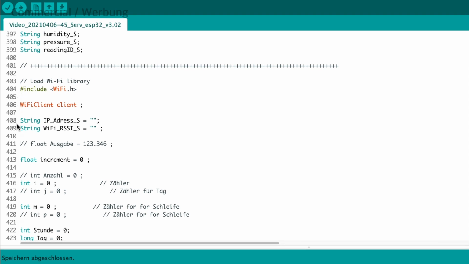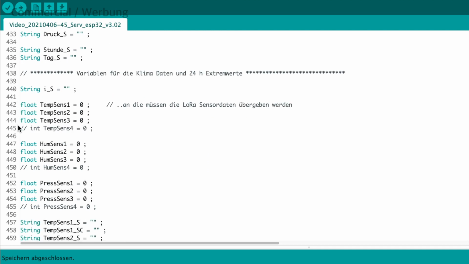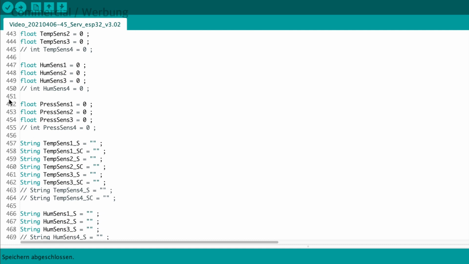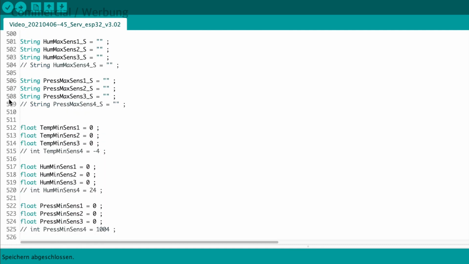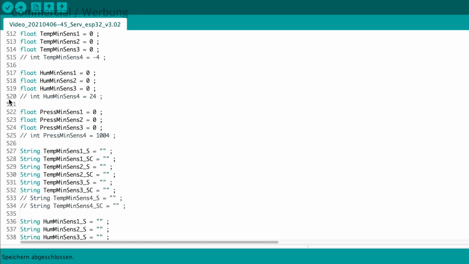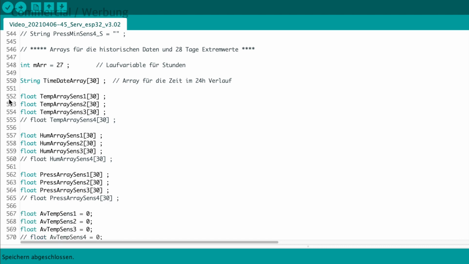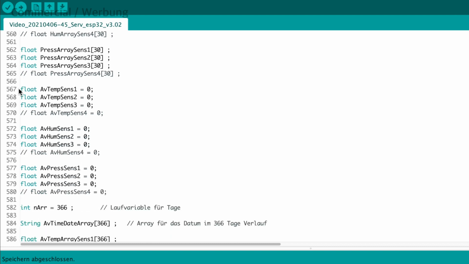Next, we need to include a library for Wi-Fi, and again a number of variables to be defined here. Now we come to the variables that are dedicated to process the data, and here is a number of arrays dedicated to store and display the data.